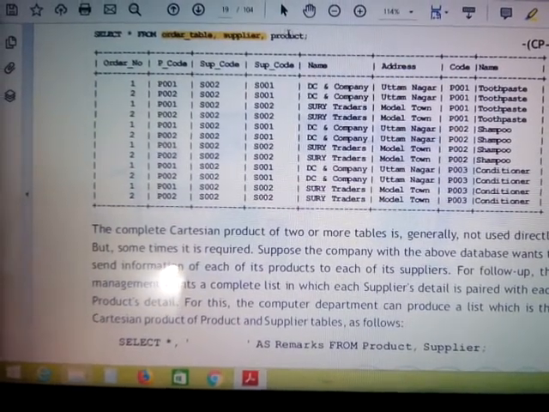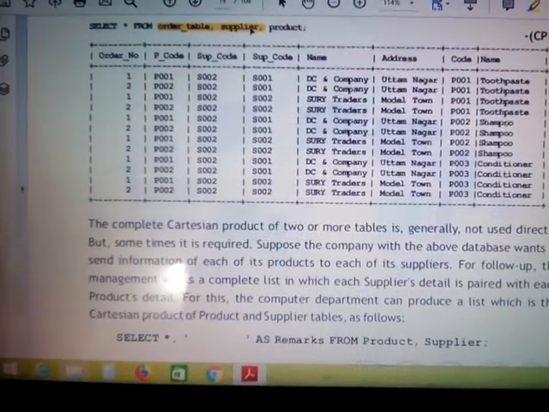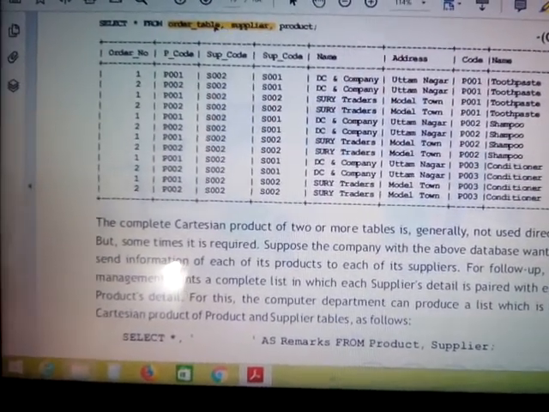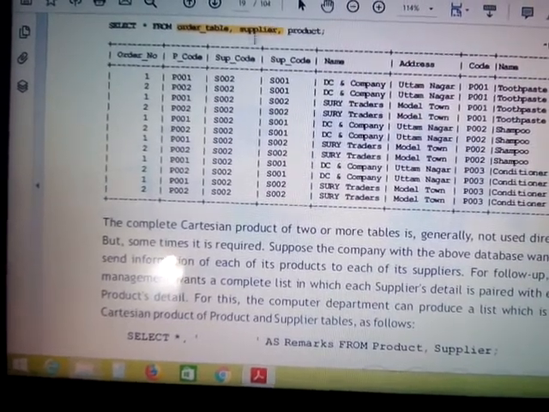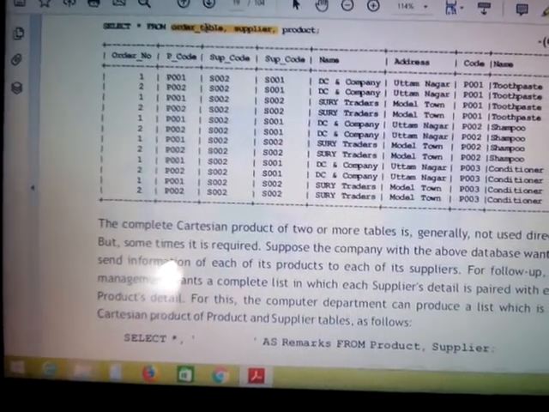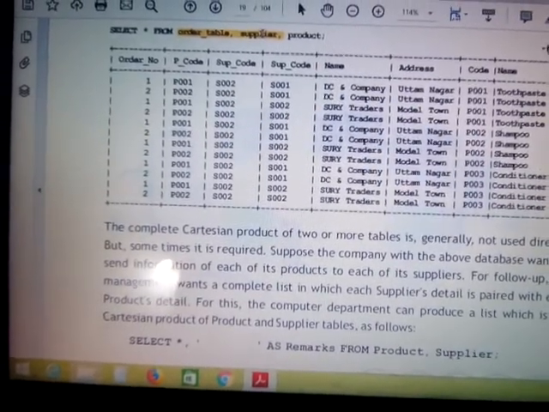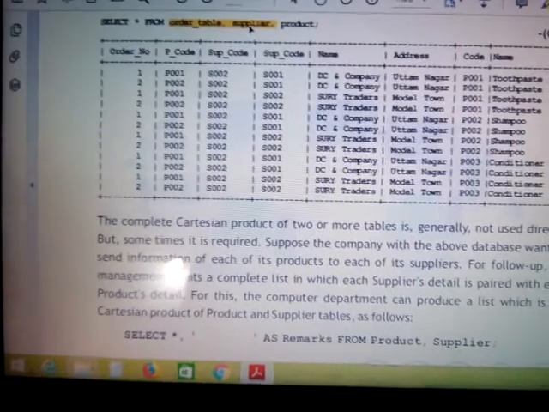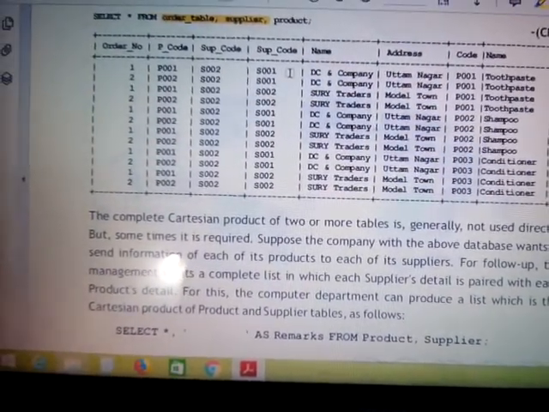I will skip the product table in the meanwhile. Suppose in order table we have 3 columns, here we have 2 columns, so total will be 5 columns. And suppose here we have 4 rows, and here if we have 4 rows, total will be 16 rows. Okay, just imagine I got a table with 5 columns and 16 rows.